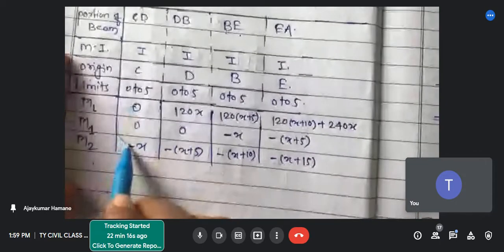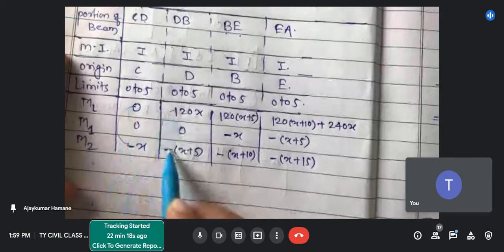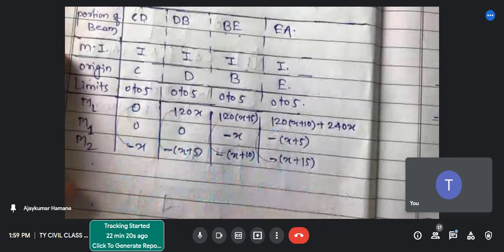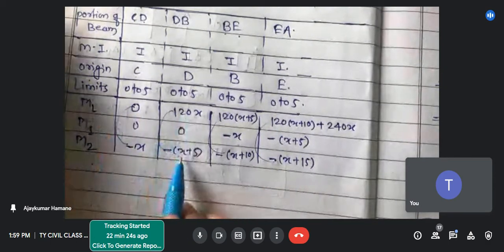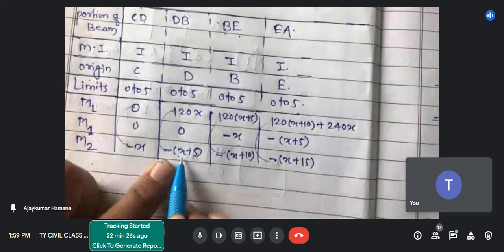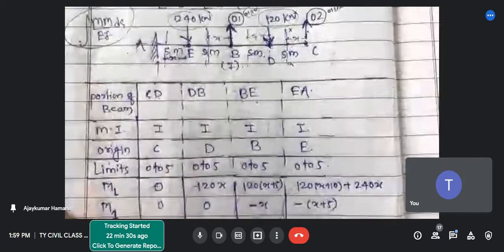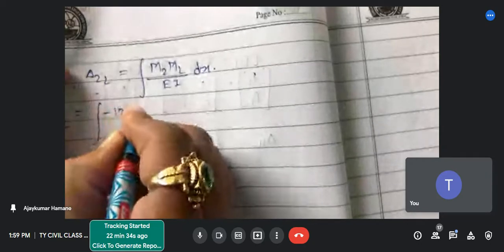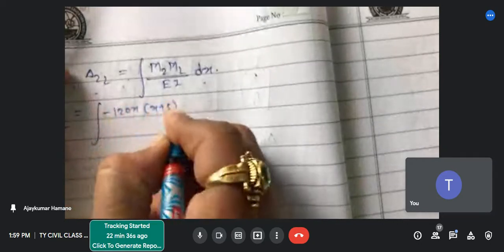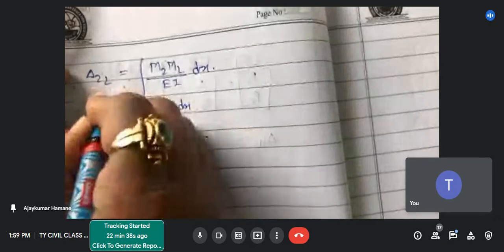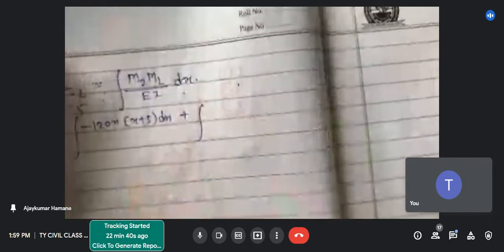Now we have to multiply this and this one, this and this one, correct? So first 0 I will not take, second one 120 x minus x plus 5, 0 to 5, plus